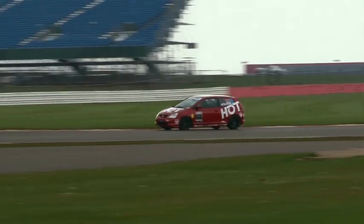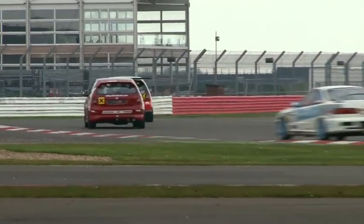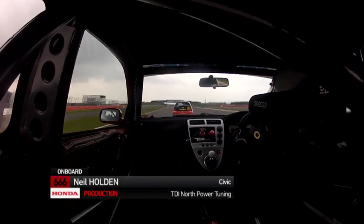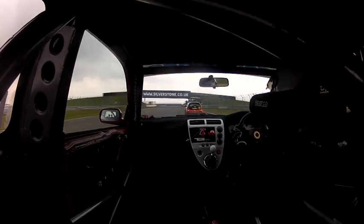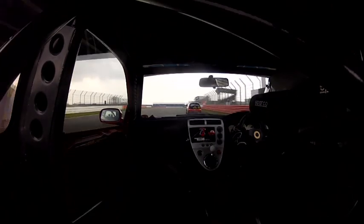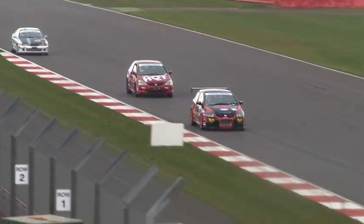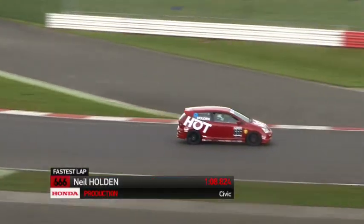Neil Holden now finds himself dicing it out with Martin Kemp, who's got through. So Martin Kemp from Neil Holden, then it's Stuart King. Now remember, Stuart had the upper hand in race number 1, so at the moment the fortunes of the two switched around. Coming down the straight past the BRDC centre, Stuart King in 73